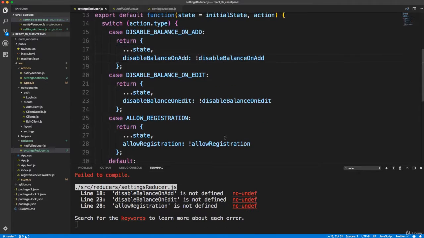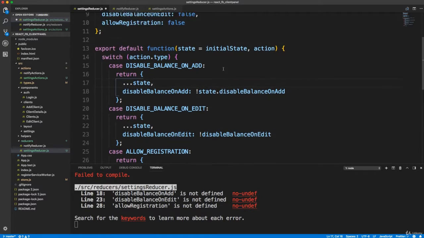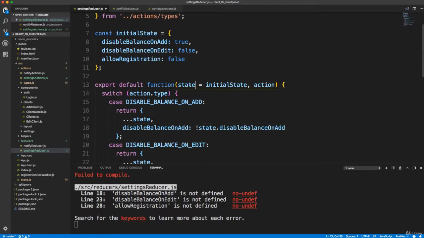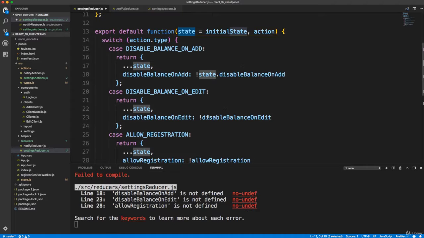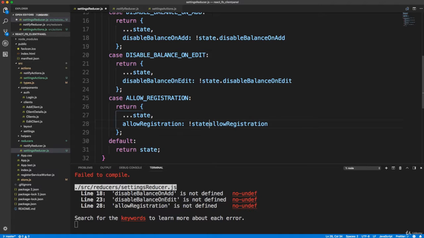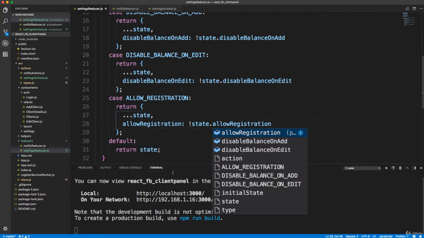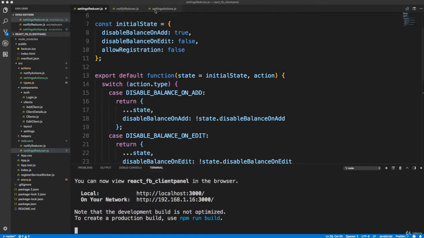Oh, wait a minute, I made a mistake. These nots here should be state dot disable, because we're taking it from the state, which is equal to this initial state. So we want to put state dot in front of these like that, and save, and that should get rid of those errors. Good. Okay, so now let's go to our actions file,